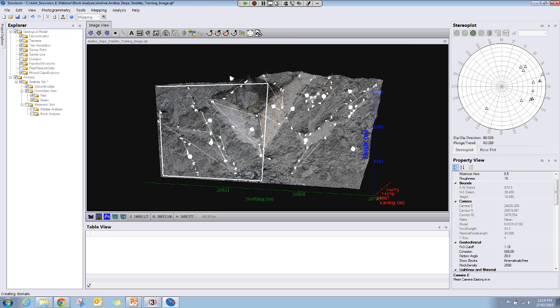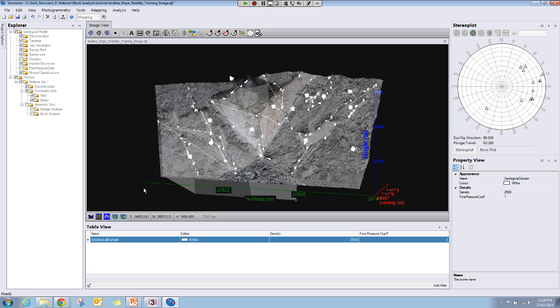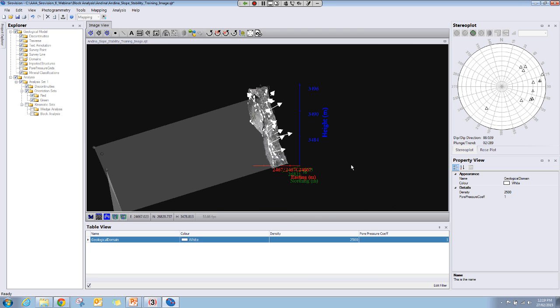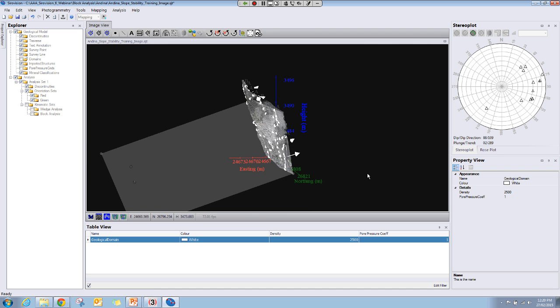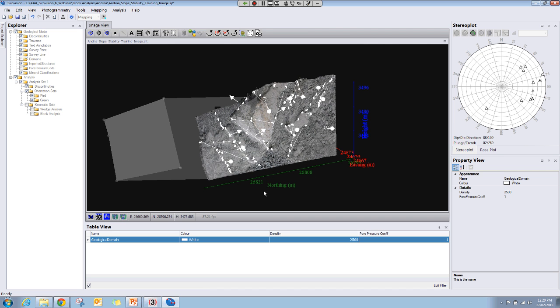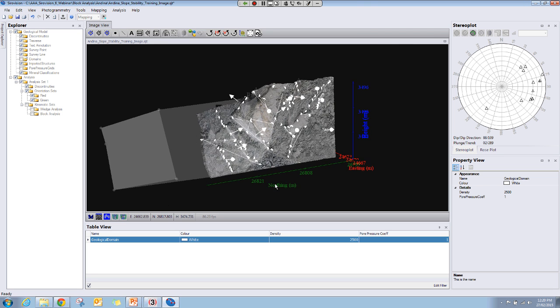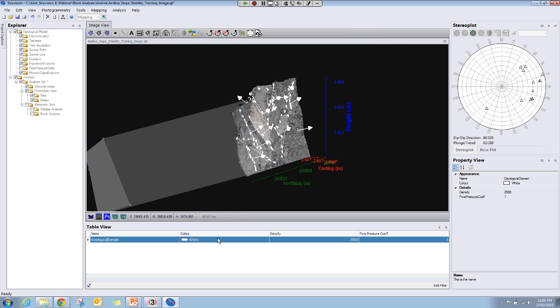Right-click to close it. And what that does, it maps a domain. We've set it up this way so you can view the surface of the domain from behind the 3D model, so it's a little bit easier to see what area you've set up in the domain, and you can do things like change the color just to make it a little bit more visible. Make that one yellow. And you can input the density for that domain and also the pore pressure coefficient